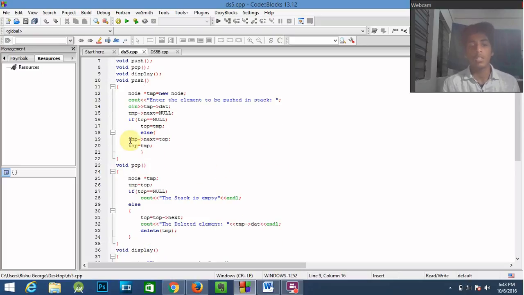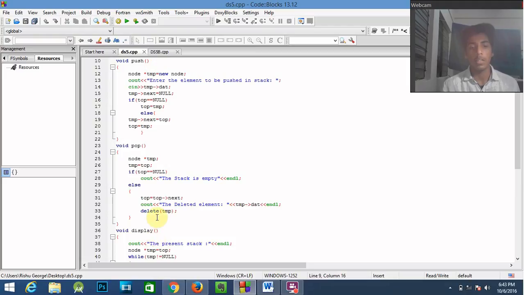And for the deletion, we have the void pop function, and in this we again have this node star temp. As we can see, it is a local variable, and for every function we have to declare it. So we'll give temp is equal to top, just like we did in the first function. And then if top is equal to null, that is it doesn't contain anything, then we will show that the stack is empty, else we will move the top variable to the next. And cout, the deleted element is the temp through the next, that is the data. And then delete temp, we are calling the delete function. Delete is a keyword, and we will delete the value that is stored at the temp.